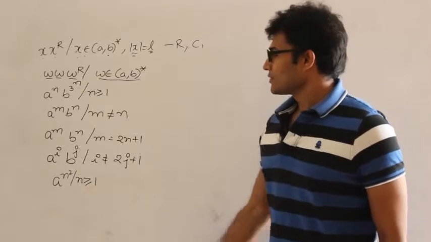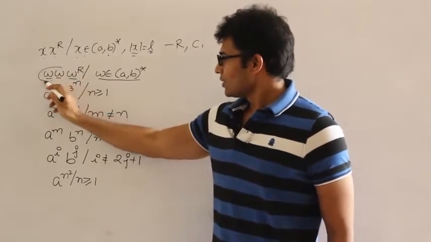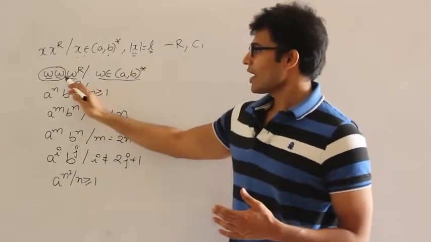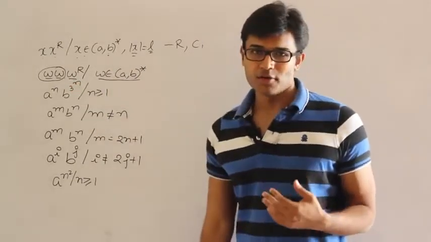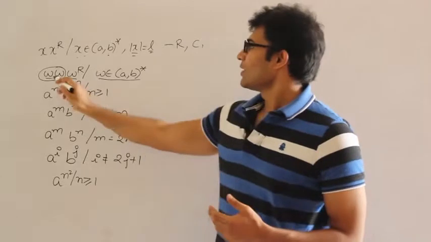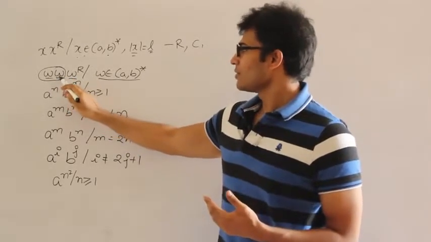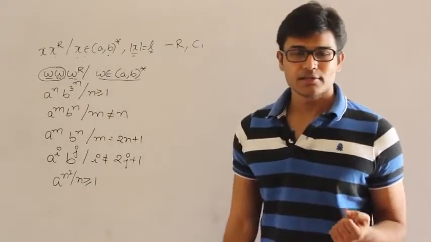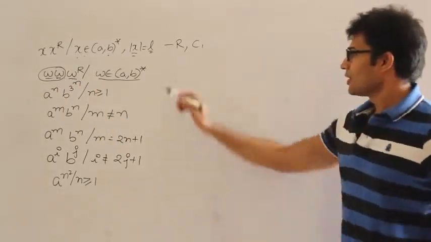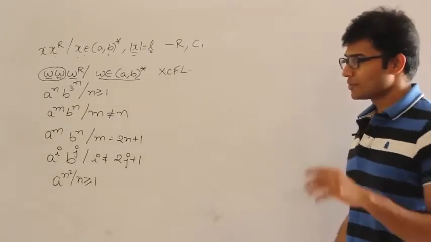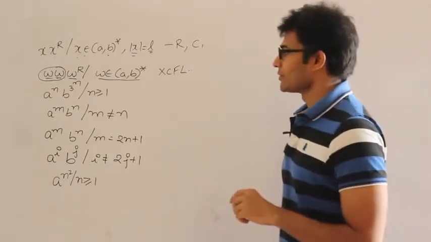And what about w and w power r such that w belongs to {a,b}*? We have seen that only this part w is not context free, therefore adding one more part is not going to make it context free. So definitely since w cannot be recognized by a push down automata, w w power r will never be recognized by push down automata. So this one is not context free language, and so not deterministic context free as well as not regular.